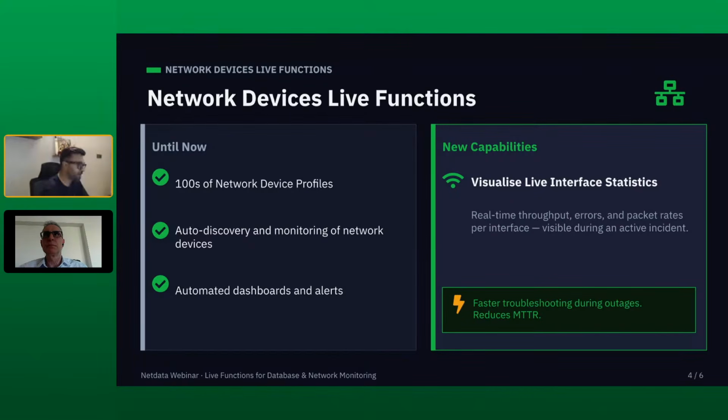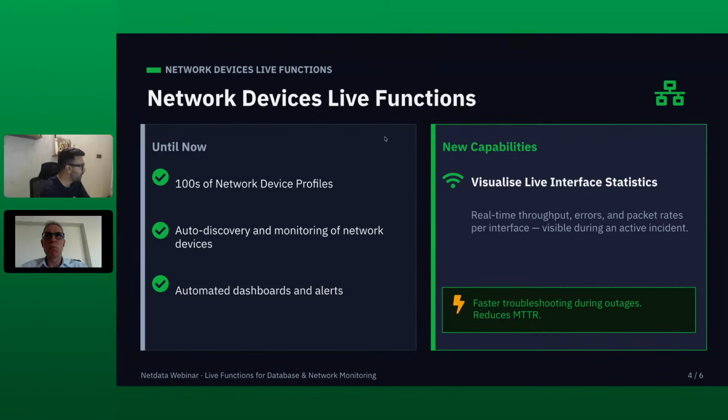As you may know, we have hundreds of network device profiles. Netdata can automatically discover network devices in a certain network with certain credentials, start assigning them to different profiles depending on the vendor and the type of the device, and put them on your dashboards like we do with system